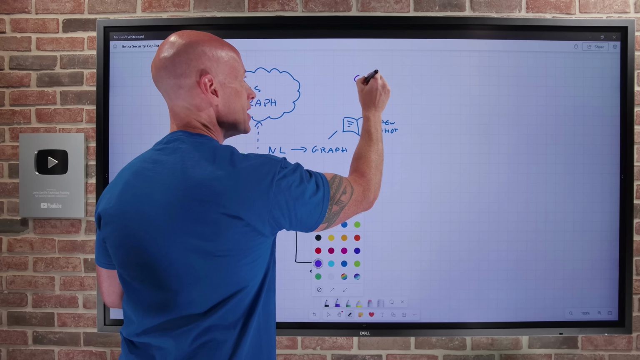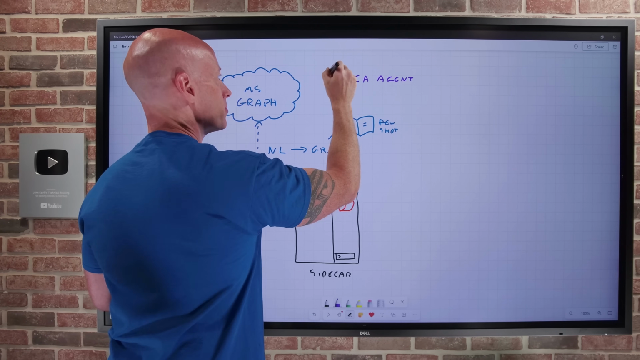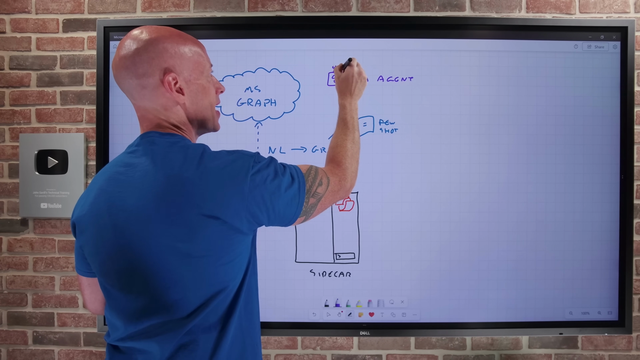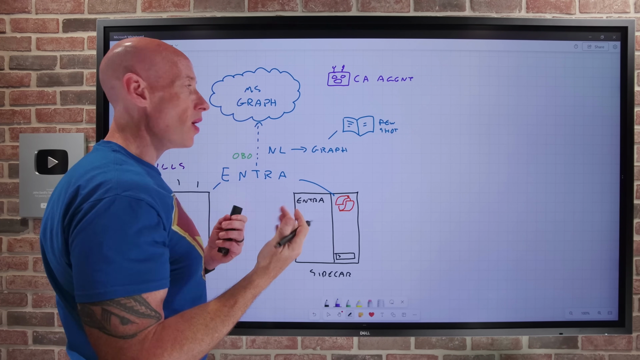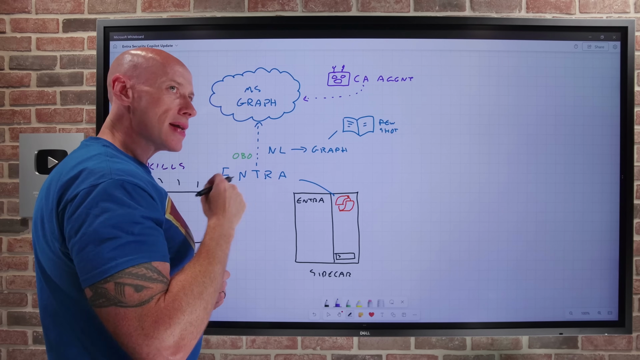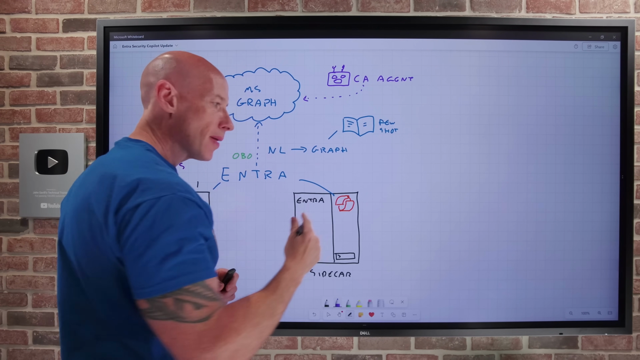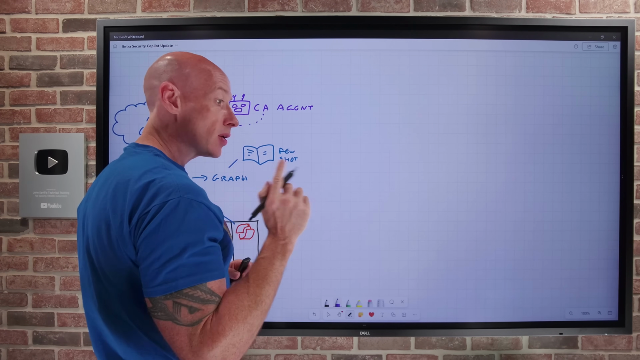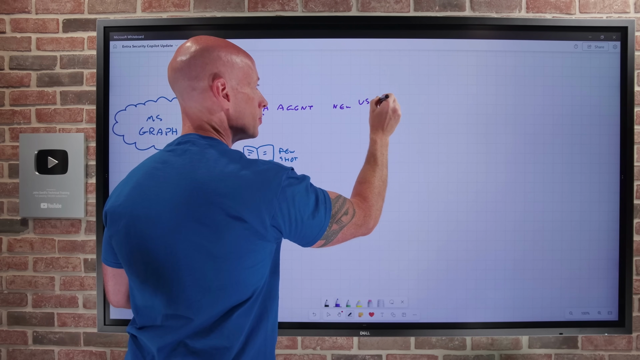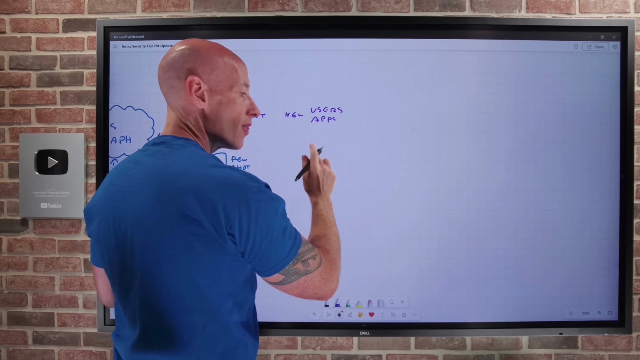So we have our CA agent, and we also have to draw the agent as having a little robot face, and they always have antenna. Otherwise, how would Wi-Fi work? And the conditional access agent is tying into the Microsoft Graph. Today it runs on a 24-hour interval, and it's looking for, well, are there new users or applications that are